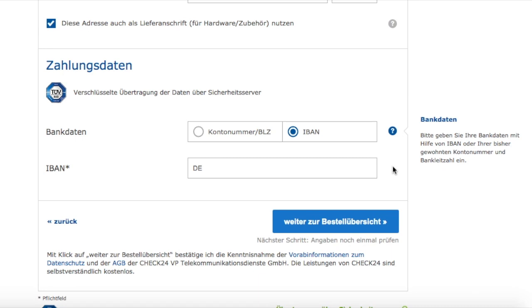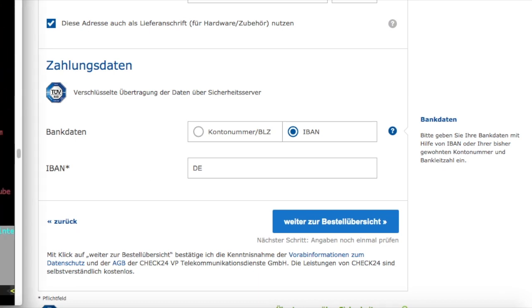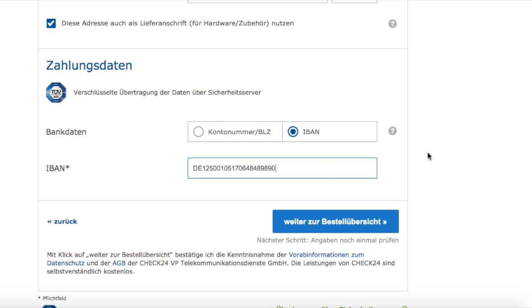So I think 6 weeks after every direct debit payment in Germany, you can still go to your bank and say, hey, please revert this payment. I don't agree with that. So let's enter some IBAN number. Here we go. By the way, it has to be a German IBAN number, so in case you don't have a German bank account yet, simply check out my article on free German bank accounts. The link is in the description.